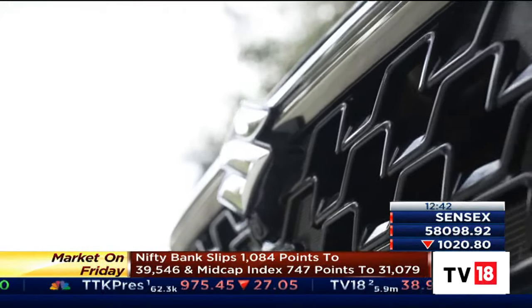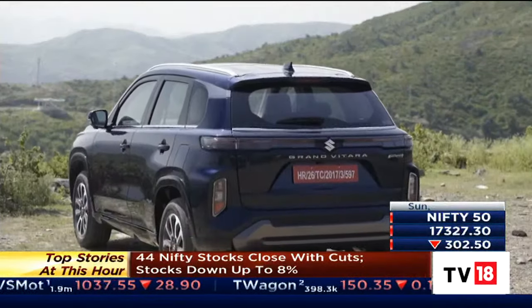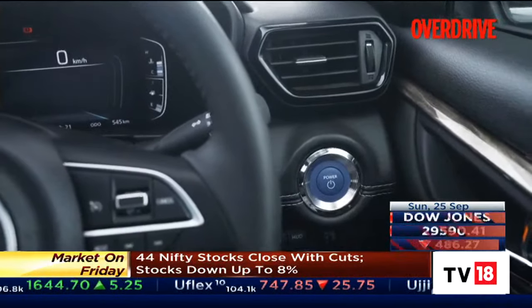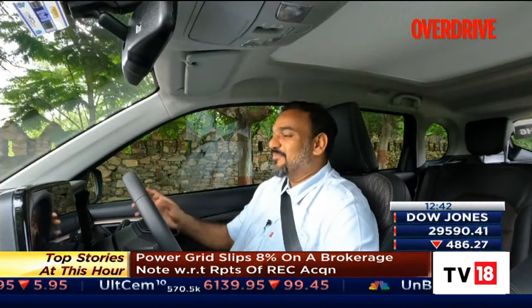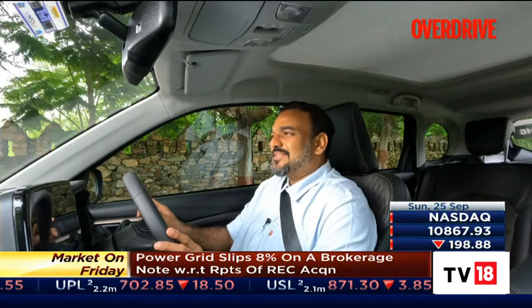Apart from the AWD, the strong hybrid is the other big talking point for the Grand Vitara. So the hybrid justifiably gets a blue button for startup, and it usually starts up quite silently if there is enough juice in the batteries. So this essentially is good when,